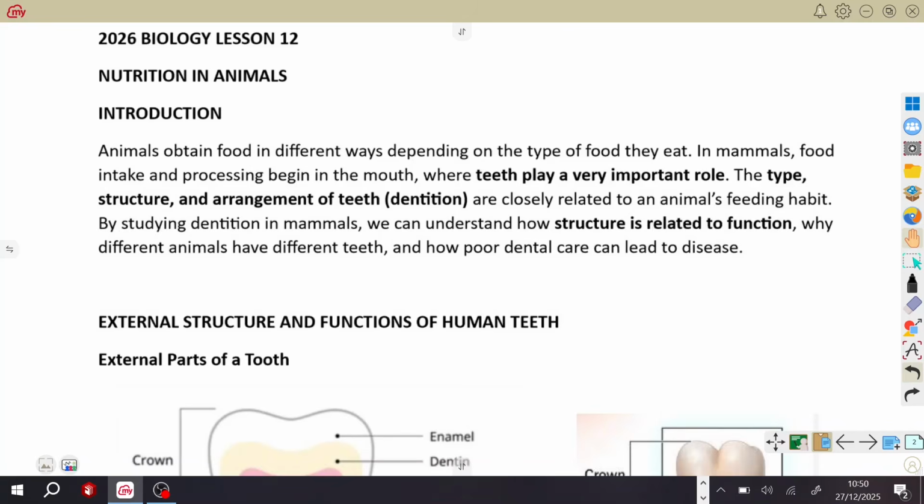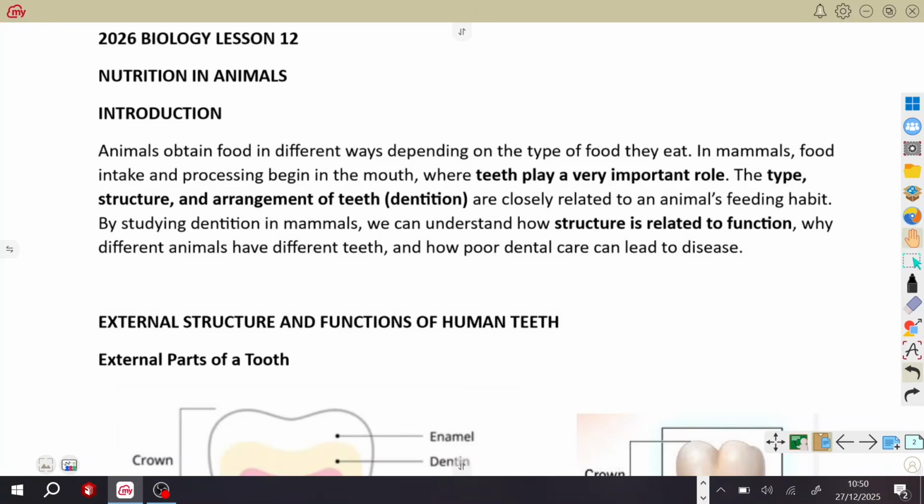Okay? And anything to do with nutrition is what we are going to cover in this topic. Of course, it will not just start with nutrition. We'll begin with the first part, which is dentition, and then later on proceed to other parts of the topic which are related to nutrition. All right. So in our introduction,